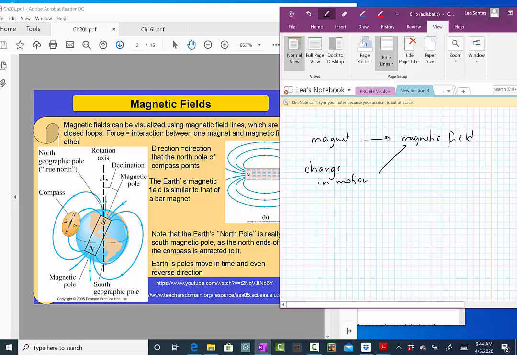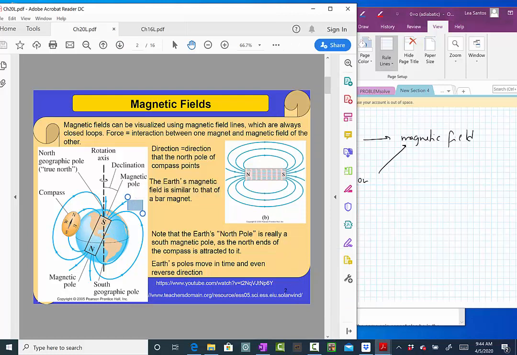Okay, all this to tell you about something that is very interesting. Planet Earth itself behaves as a big magnet. So around Earth, we have this shield of magnetic field. And where is this magnetic field coming from? What causes the magnetic field around Earth? The story is, if you go deep, deep inside Earth, there is that center, the nucleus that is solid, but around it, below the surface, there is a region